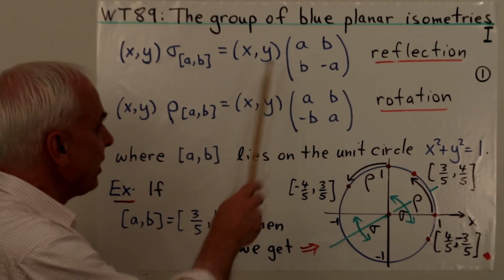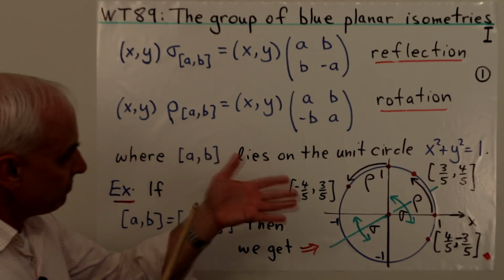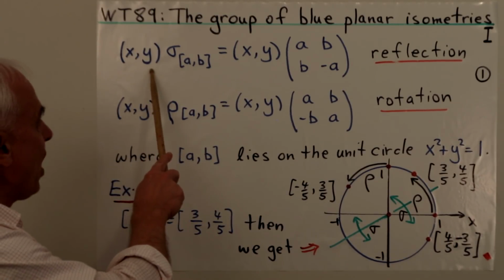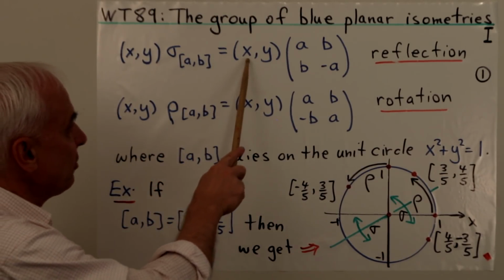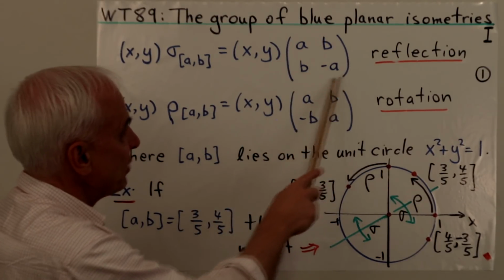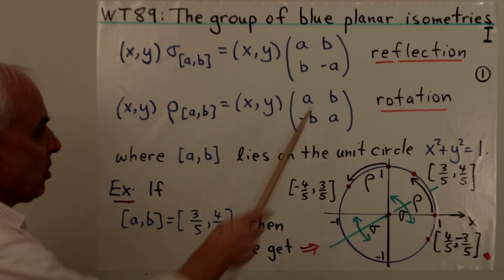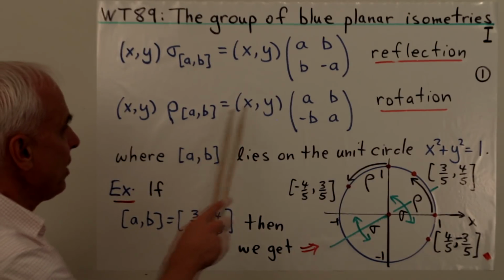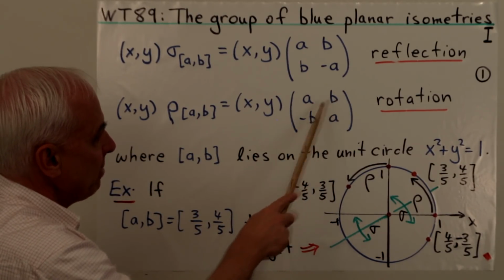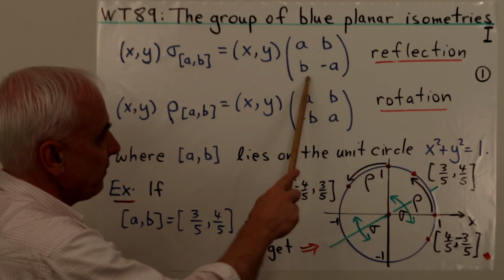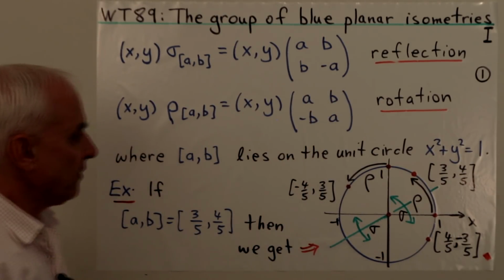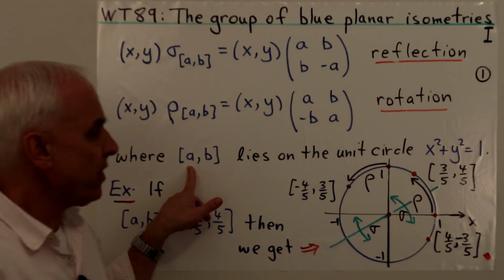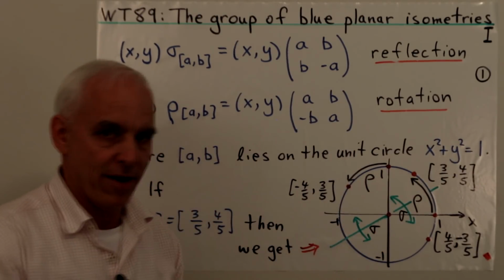Okay, so here are the formulas that we had: motions of the plane, rounded isometries. The point x, y is sent by sigma A, B to the product of the vector x, y with this matrix A, B, B, minus A. We call that a reflection for reasons we'll explain today. And the other one was rho A, B, represented by this matrix here, A, B, minus B, A. So they're very close. The only difference is that the bottom row is negated going from one to the other. And the point A, B, very importantly, lies on the unit circle x squared plus y squared equals 1 for